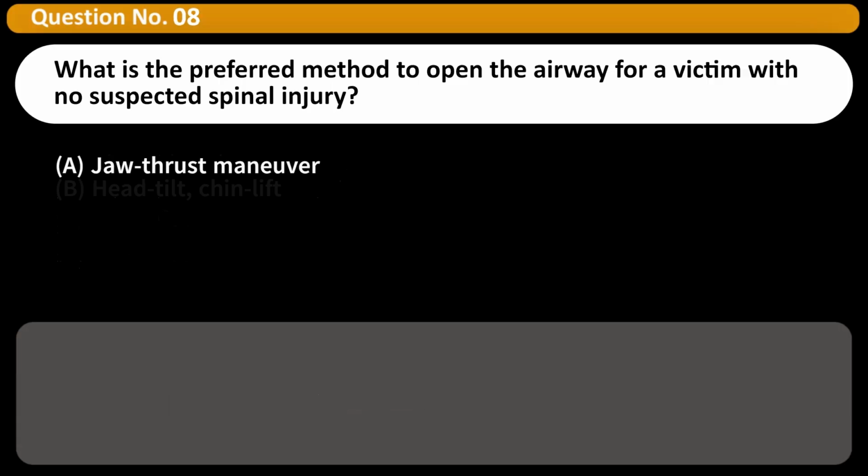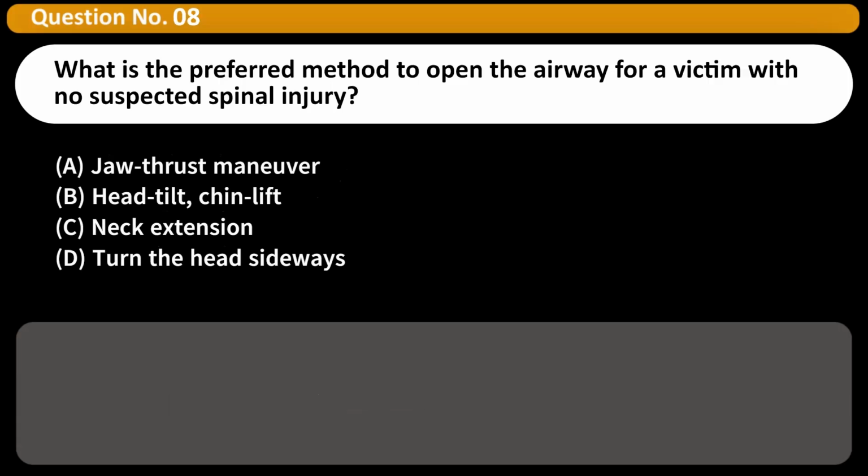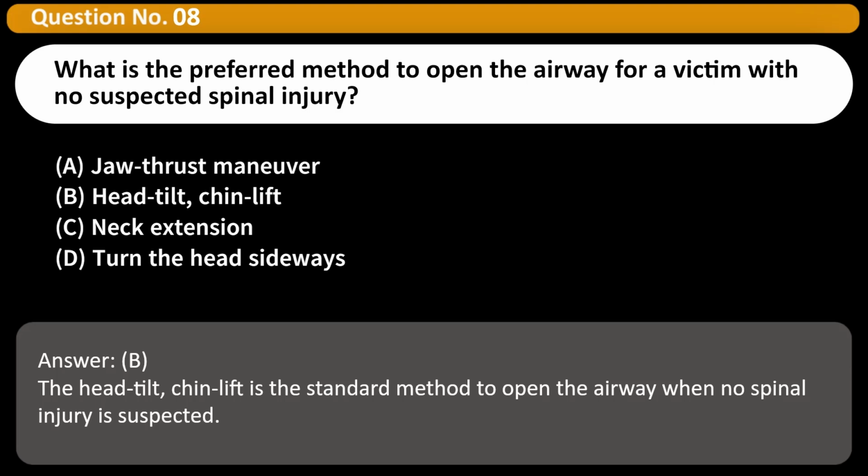What is the preferred method to open the airway for a victim with no suspected spinal injury? A. Jaw thrust maneuver. B. Head tilt, chin lift. C. Neck extension. D. Turn the head sideways. Answer: B. The head tilt, chin lift is the standard method to open the airway when no spinal injury is